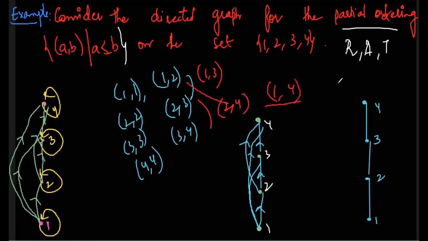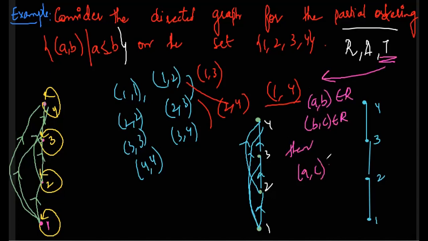Why am I saying that? Because our Hasse diagrams are basically representations of partial ordering. Partial ordering generally satisfies this; partial orderings exist only when they satisfy the property of transitivity. Transitivity is if we have AB belongs to R, BC belongs to R, then obviously AC should be in R. This is your transitivity. So this is what the Hasse diagram is represented with. Let's see the explanation for the same.